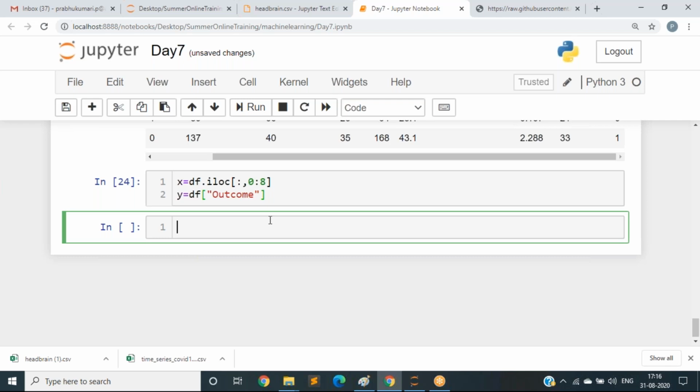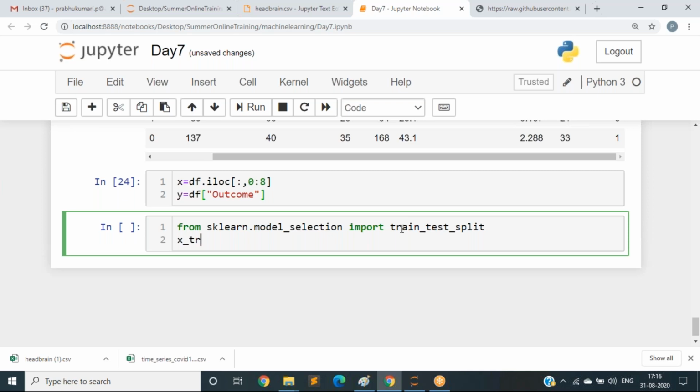Next, what is our duty? To split our data. From sklearn.model_selection import train_test_split, and x_train, x_test, y_train, y_test.